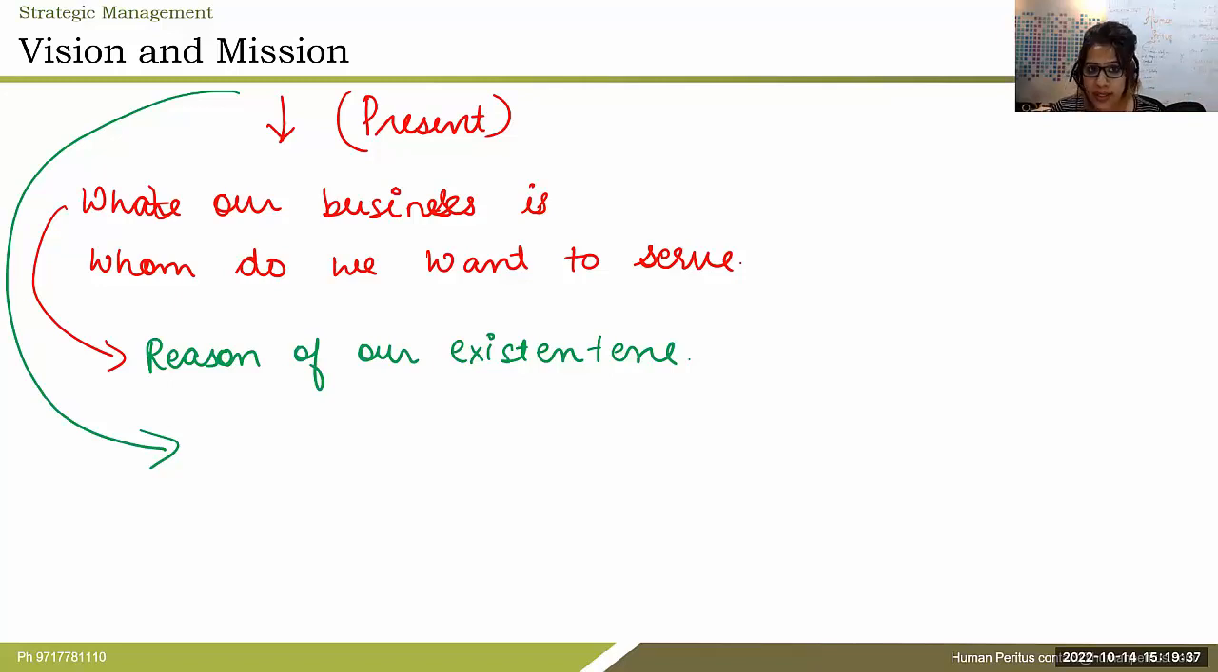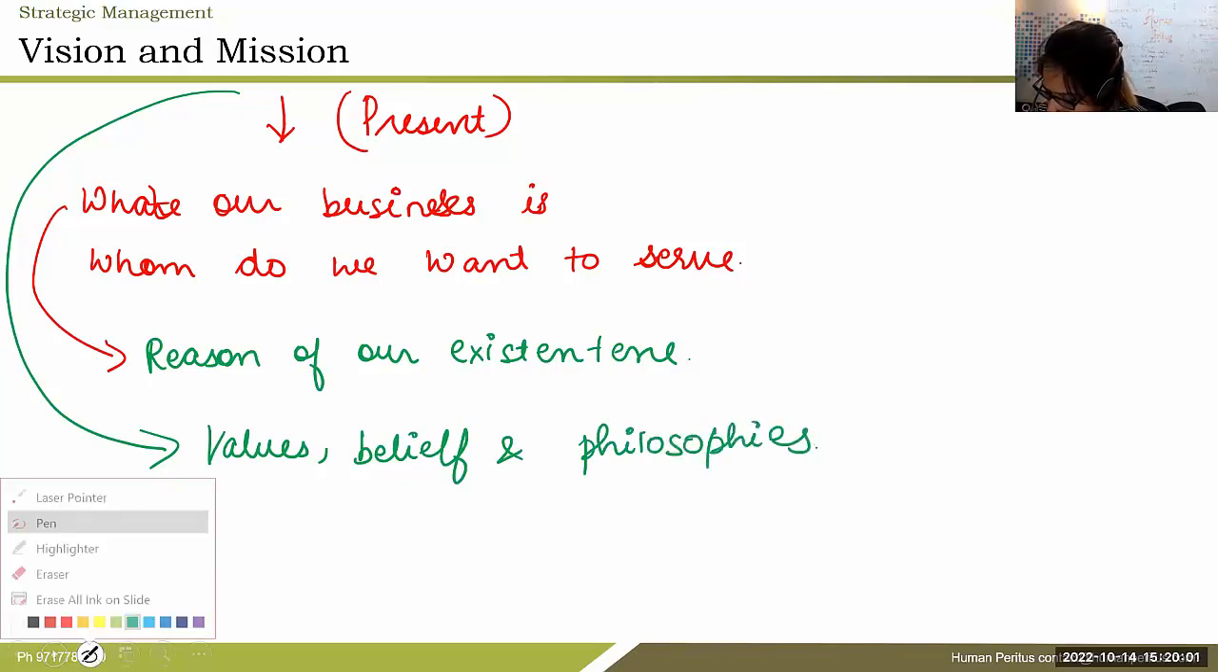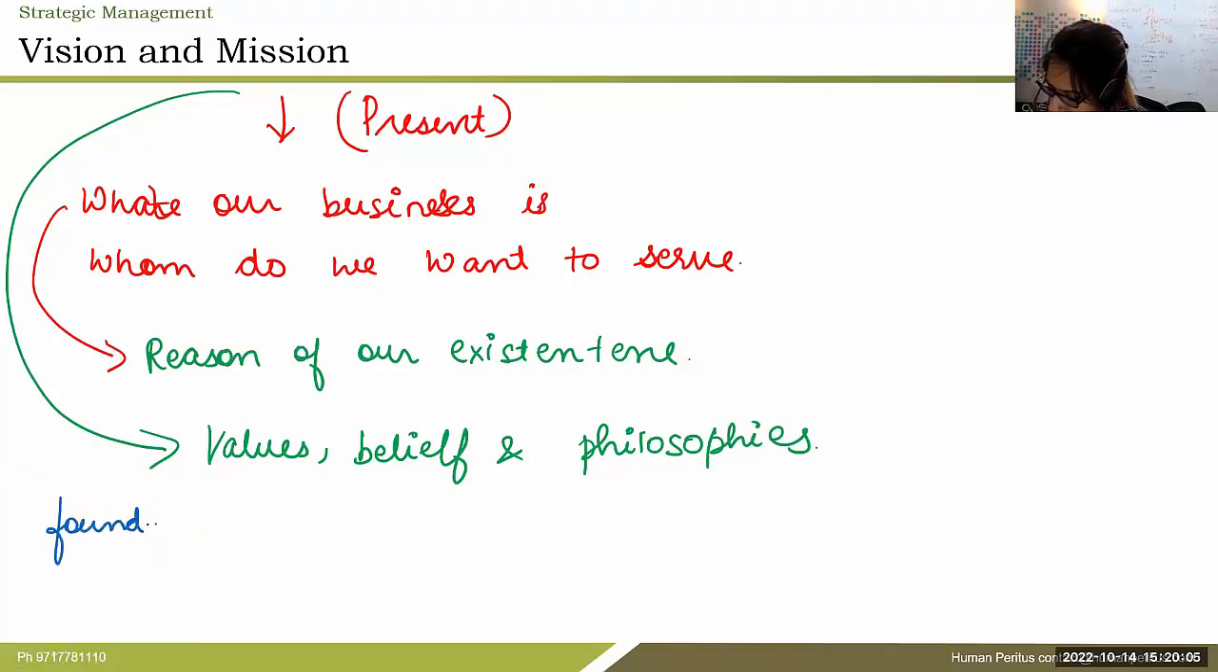So as of now, here I'm in the present. Mission talks about the present. Vision tells us where we want to be in the future. So what does mission reflect? Mission reflects our values, our beliefs, and philosophies. Right? Plus, it will also give foundation for our